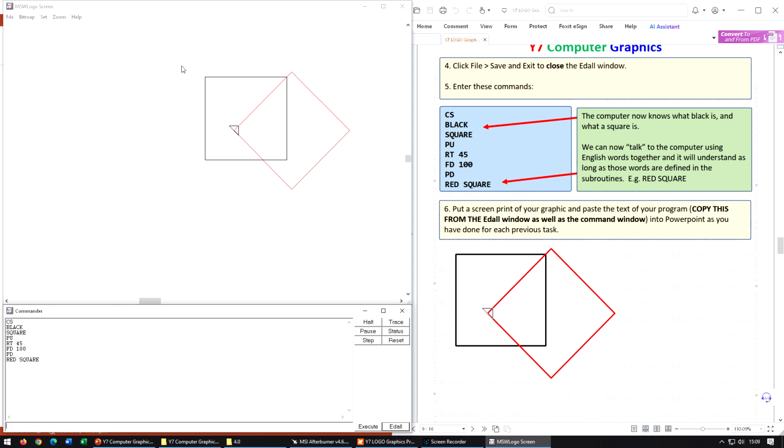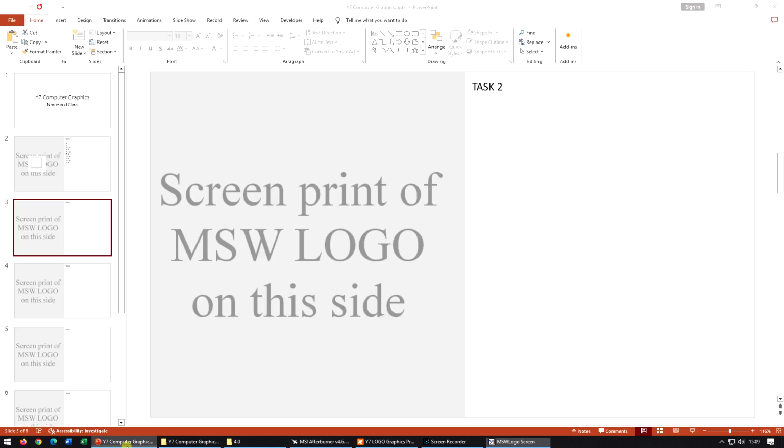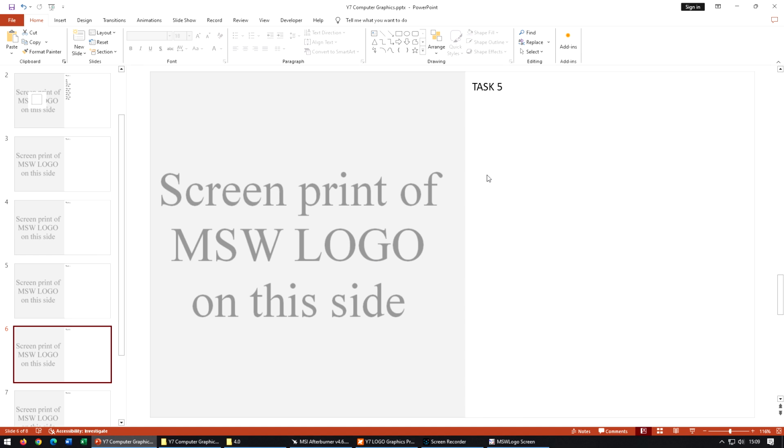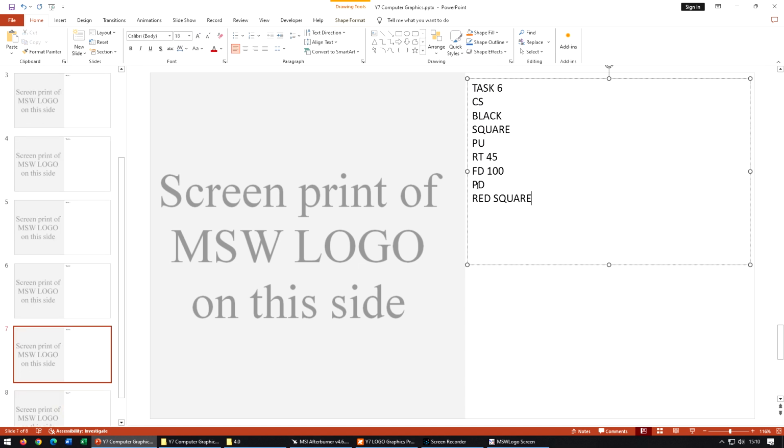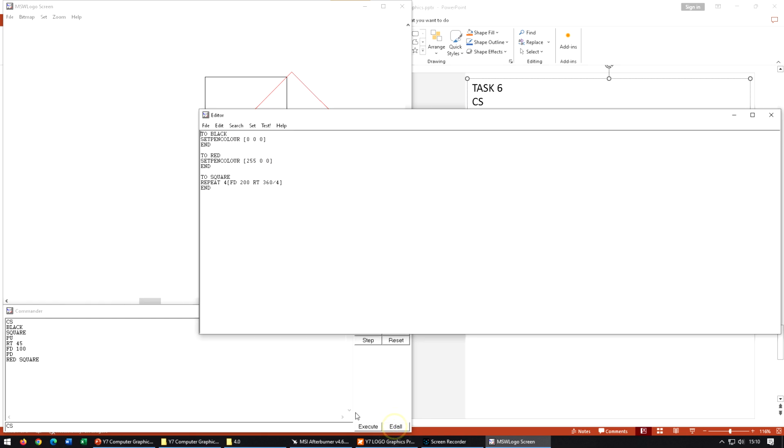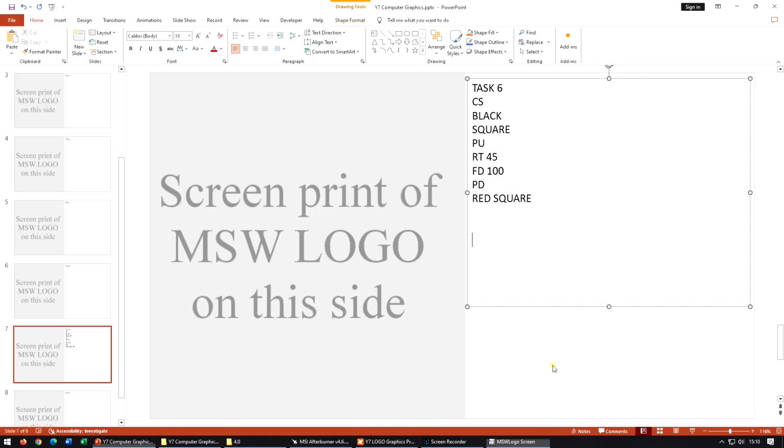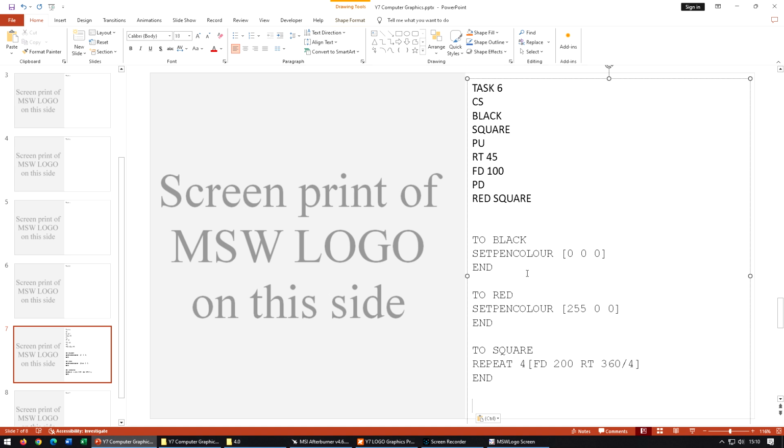So again, screen print this one, take this code. Now it's a little bit more complicated this time, so what we're going to do, copy that into here, and we're on task 6. So we're going to paste that code there, but also let's try and get our subroutines in. So we're going to here, click Add All, highlight those, copy them back to our PowerPoint, and we paste these